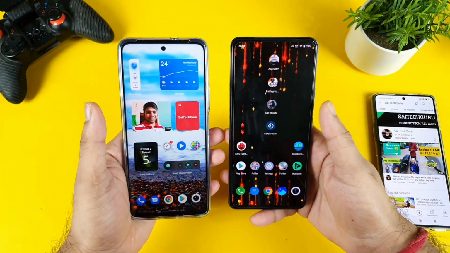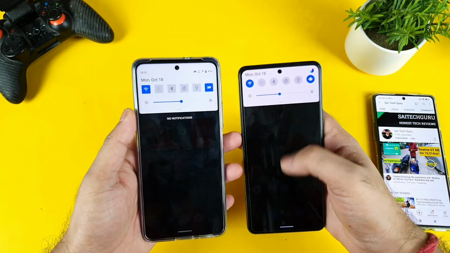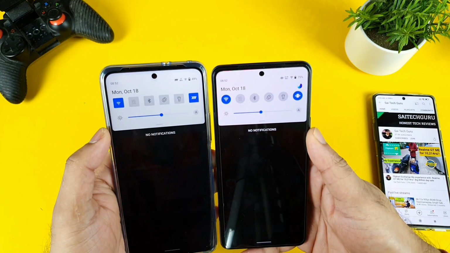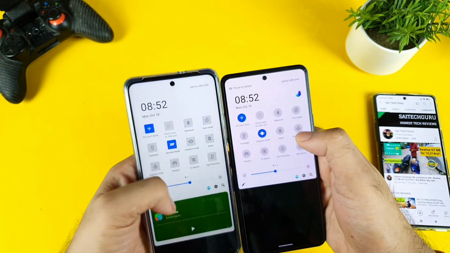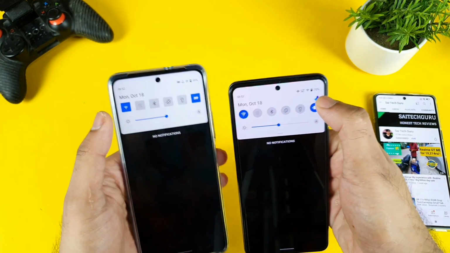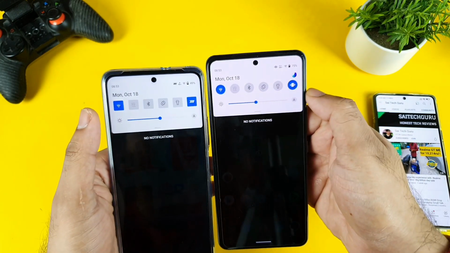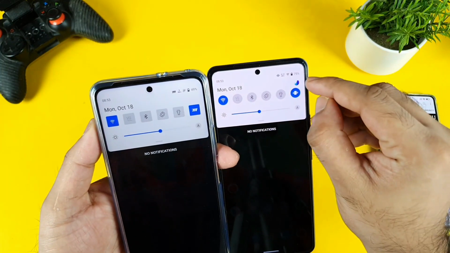The next change I did notice is regarding the notification panel. If you swipe down the notification panel, you can see clearly what is happening. The icons in terms of design have been changed a little bit. And one more thing, there is no Jovi home screen option present in the notification panel. If you observe clearly, I wish they could have added the settings option on the top.